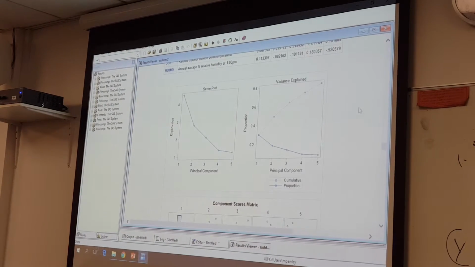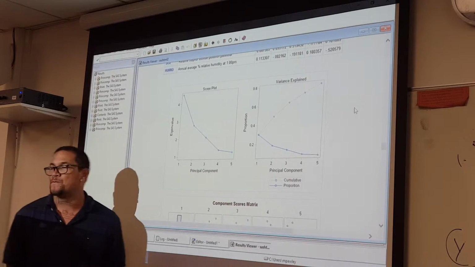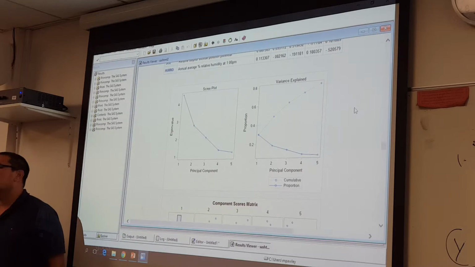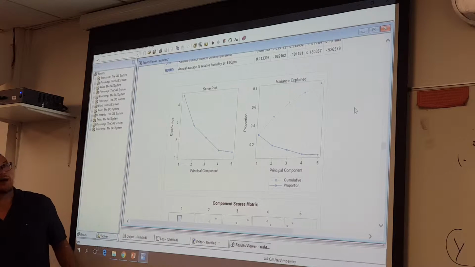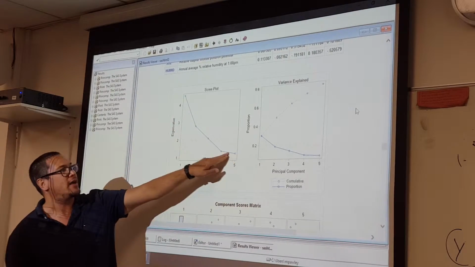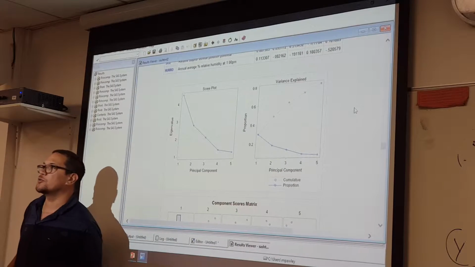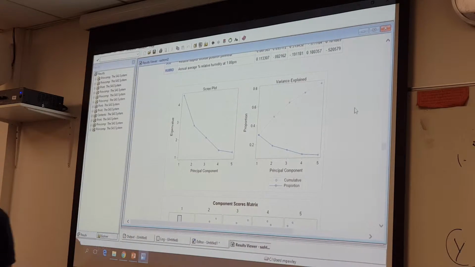So how do we work out how many axes to choose? One way would be to choose those axes with an eigenvalue greater than 1, right? Assuming that we're working with a correlation matrix. Well, all of the first 5 had an eigenvalue greater than 1, so we would choose all of those at least. Another way to do it would be, what you want really